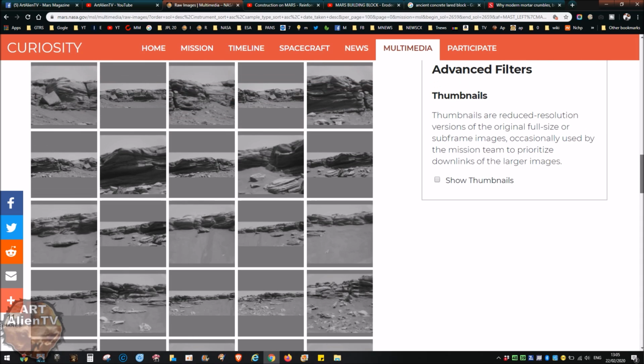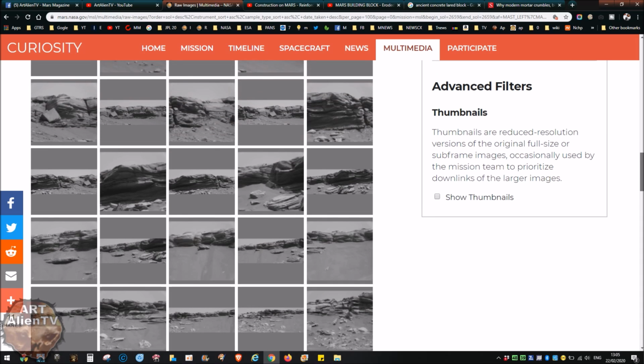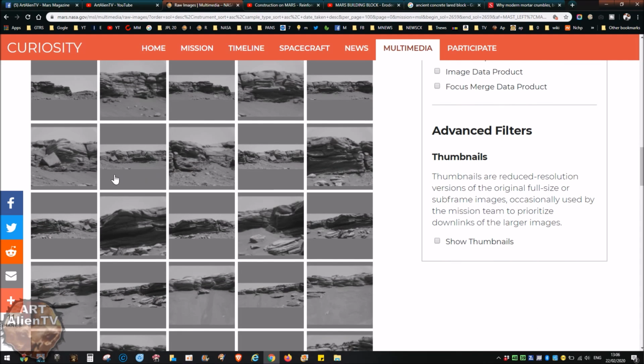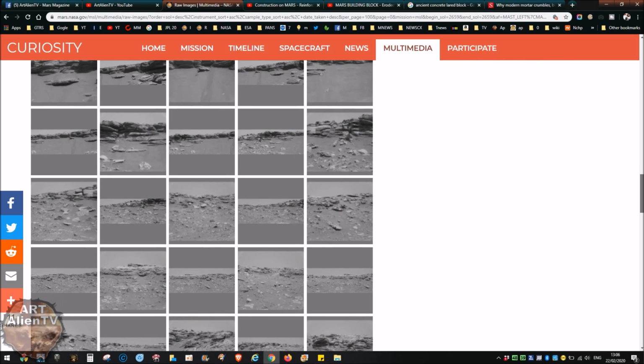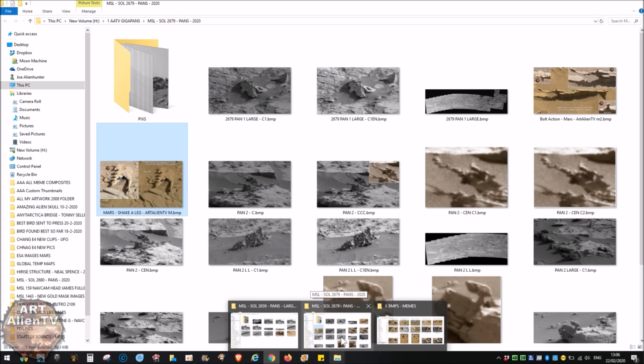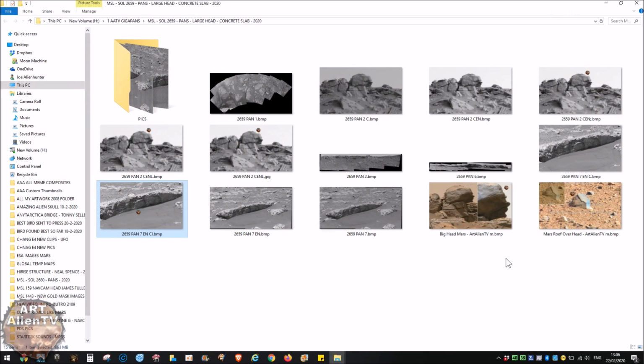Right, let's crack on with this. Now, what I've found in here, particularly, are two things really. There's something up on the ridge at the back here, and there's also something down below on the flatter ground in front of it, which looks like construction. Now, as I've said many times before, I do think a lot of these things are constructed. They're not completely natural. And let me show you what I found, and I'll show you the ridge line in a minute as well. Basically, there's this thing